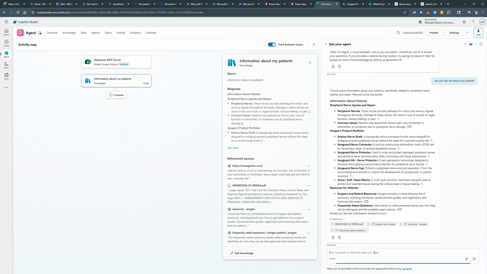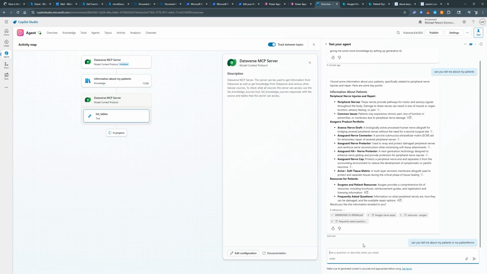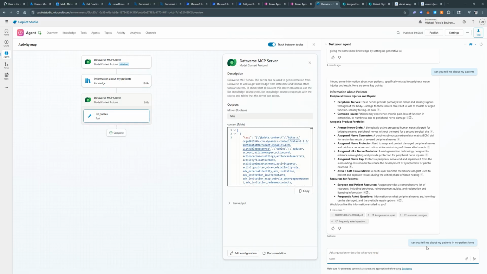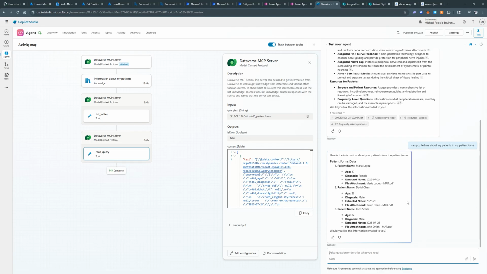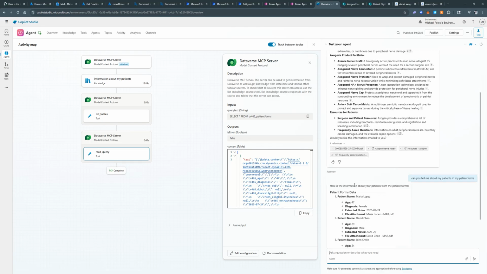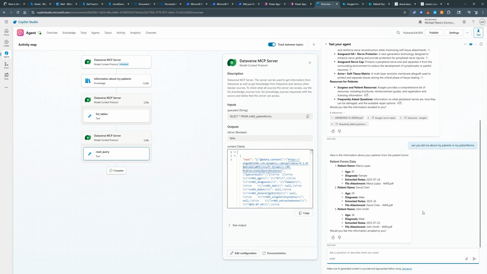This worked the first time around, so let's try this one more time. Sorry. Can you tell me about my patients in my patients forms? Let's see. So now I had to specify more to use the server itself. Unfortunately, I didn't have enough time to put in parameters, like whenever you ask about patients, make sure you 100% use this server rather than having to specify using the table or the server itself. But anyway, it retrieved the information, as you can see,